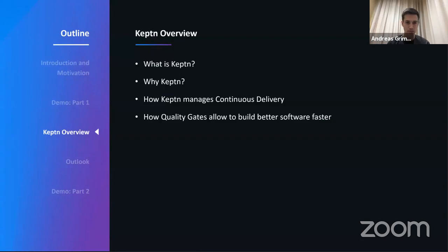Really cool, because we have already seen Keptn used for making a new deployment. So you pushed the new version, which had a tag called feature. And now I would like to explain what's really happening underneath, what Keptn is doing for you. So let's get started at a really, really high level. And therefore I will explain what Keptn is in one sentence.